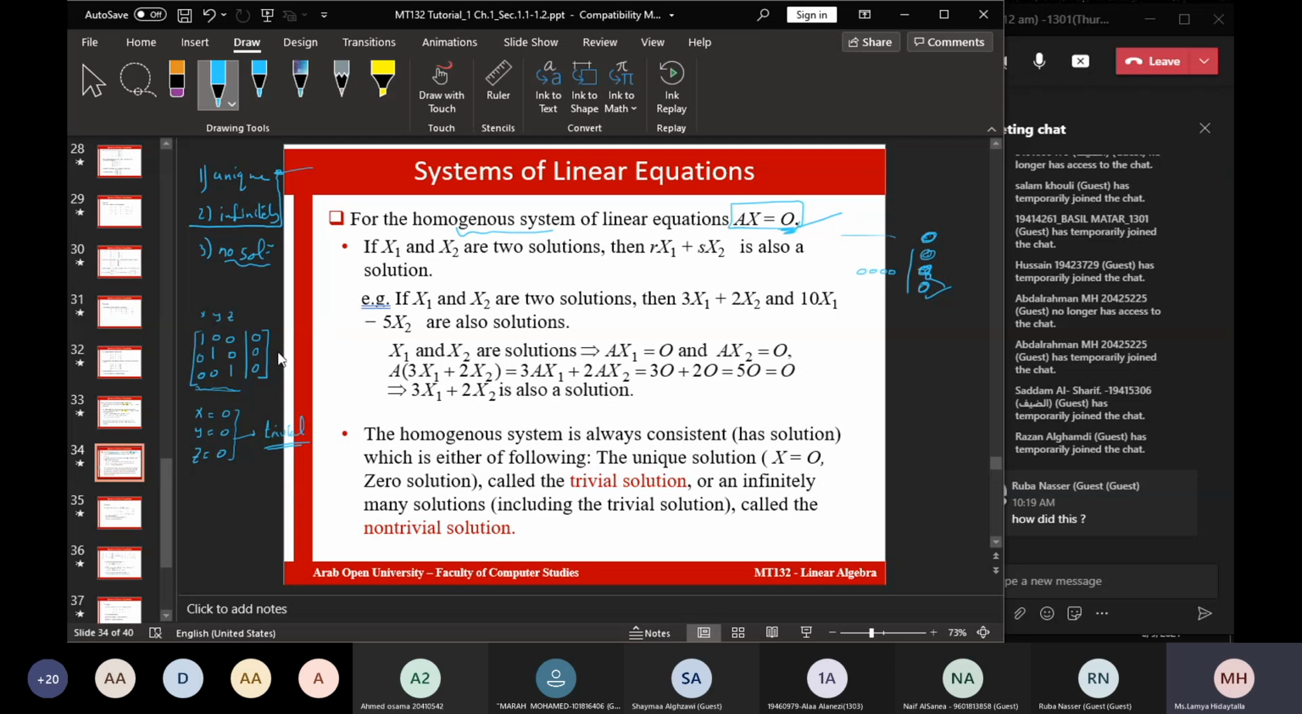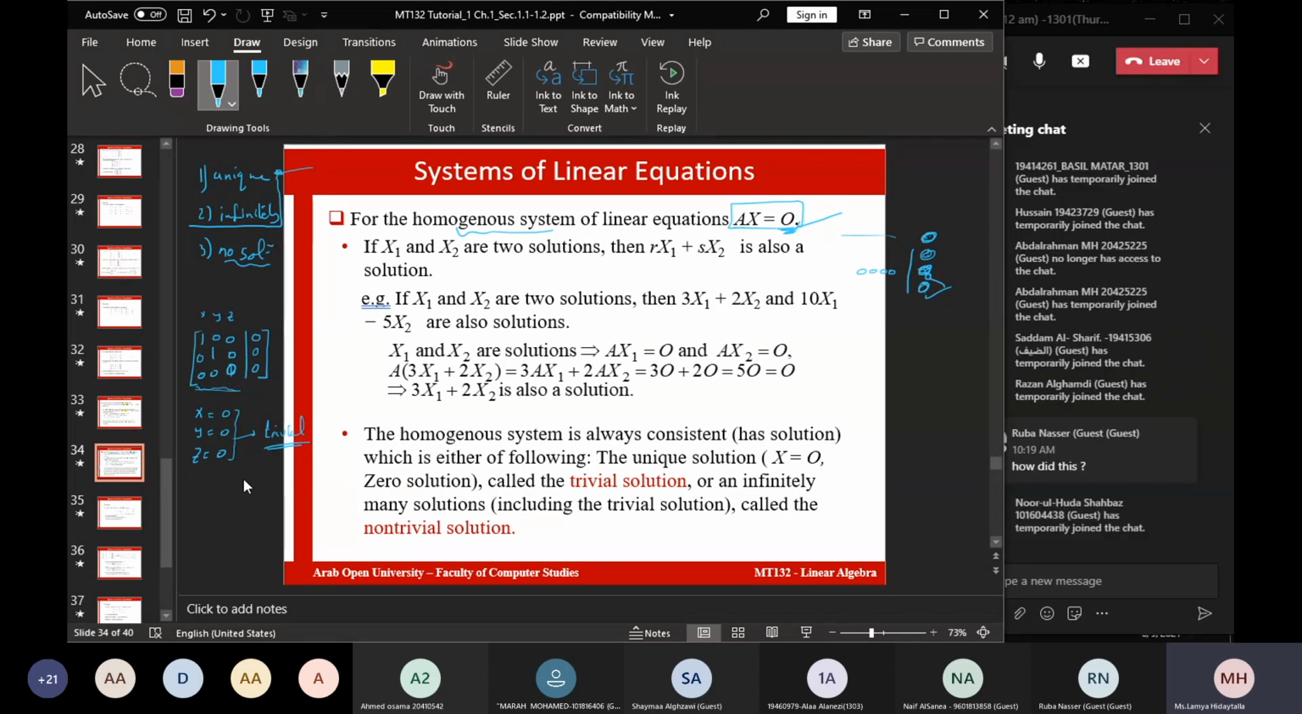Let me look at my system. If the number of leading ones equals the number of unknowns, then I will get a unique solution. What is that solution? It is the zero solution, which is the trivial solution. Else, if it is not, for example, let's say, what if here was 0, like that? So here, the number,